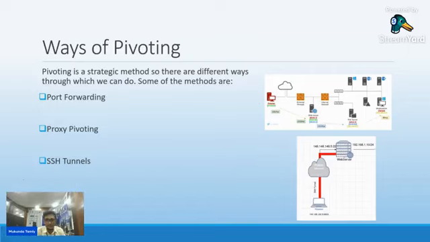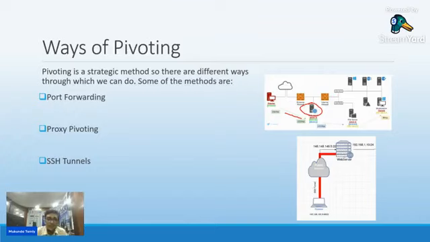Now I have the web server access, but there is an internal firewall, so I have to go through this internal firewall.